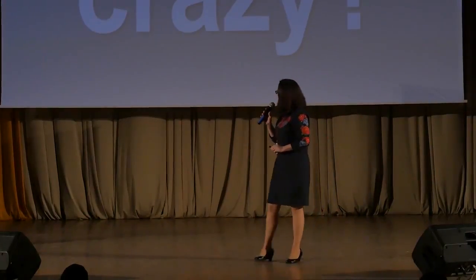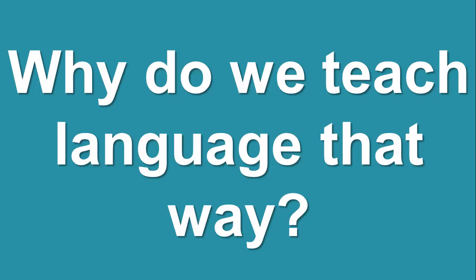We cannot anticipate what other people are going to say. I'll be honest, half the time I can't anticipate what I'm going to say next, let alone what you're going to say next. And we really don't expect grammatical perfection from ourselves or from anybody else, I hope. Anyway, that we don't. So my question then is, why do we teach language that way?